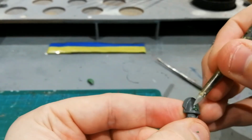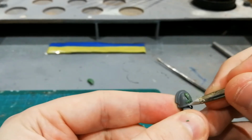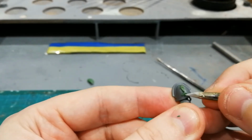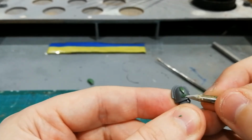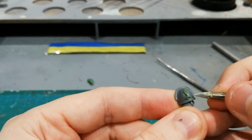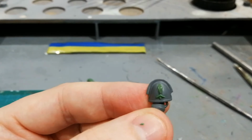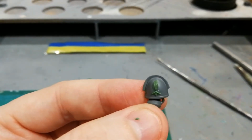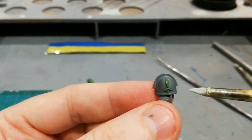I just need to drop this down a little bit more. At this scale, I'm not aiming for it to be perfect, and I'll probably neaten it a little bit once I've stopped filming. But there we go. So yeah, try and make a small triangle underneath, put two notches in, and then use